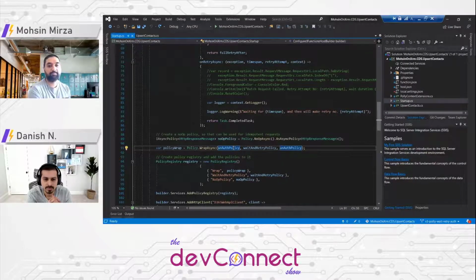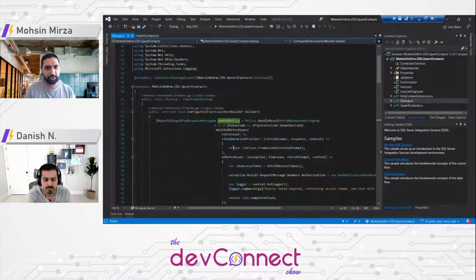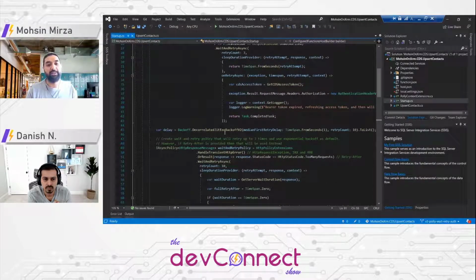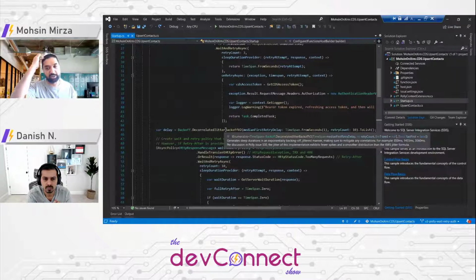Yeah, go ahead. Okay, so then we have the unauth policy, nothing fancy going on in here either. So this is going to get a new token and store it, probably in the key vault or something. One other thing I wanted to highlight here before I actually show the policy kicking in with Simmy is your